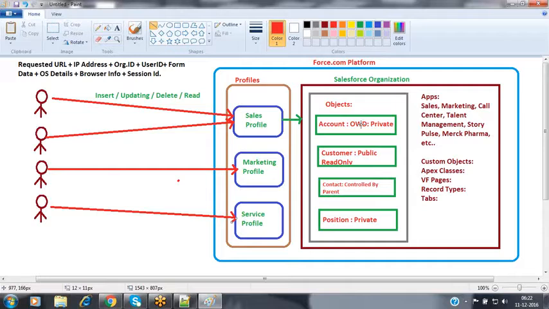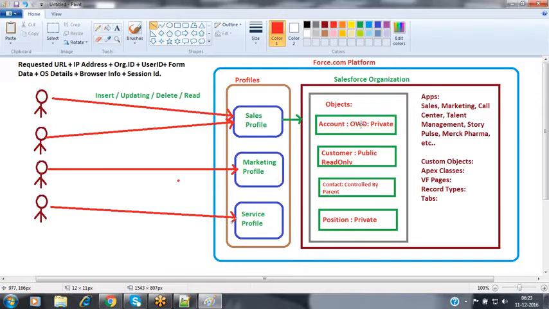Now the second scenario: if the OWD is granting a very basic level of access, then we can force and override that OWD from the profile level. Say the OWD is granting only private, then at that time we can grant the full access with the help of the profile also. Those options are available here.